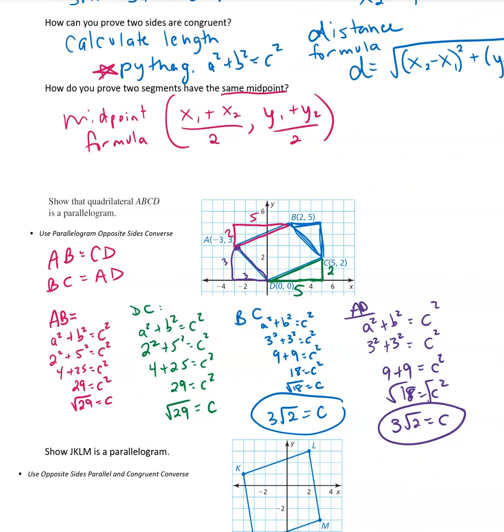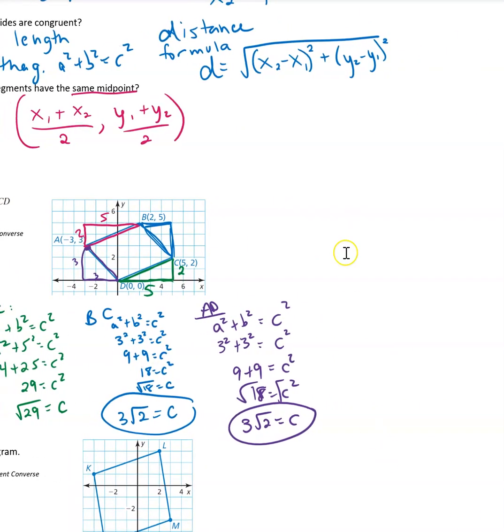So by our math, we found that AB is equal to DC, and that BC is equal to AD, and since the opposite sides are congruent, it's a parallelogram. So that's what you're going to write once you're done with all your math. You're going to have a written explanation. So we will say,